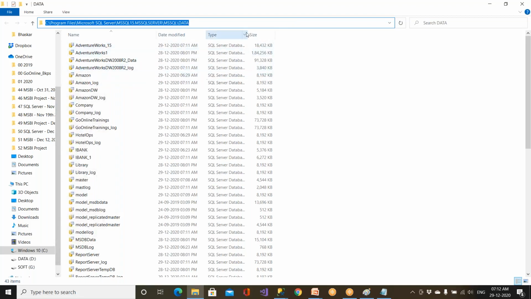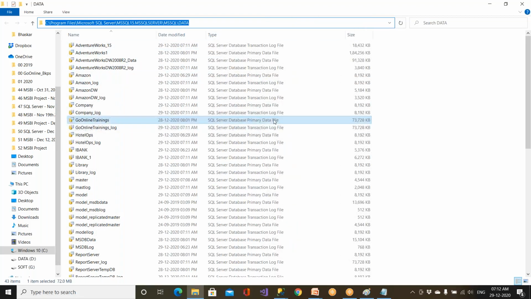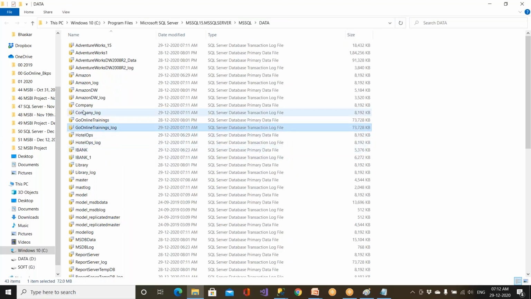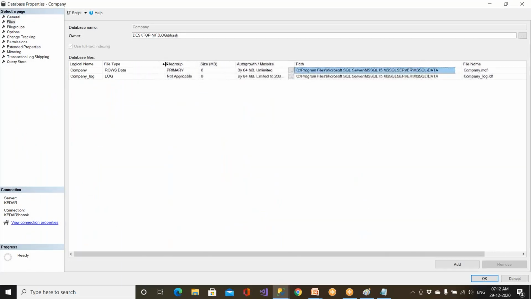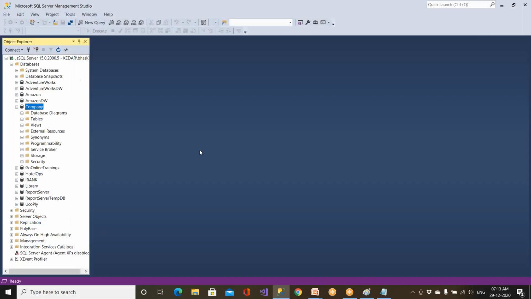So you will be able to see the MDF files, the data file. Just now we have created a data file and a log file. Clear? End of the day, as we discussed, the data of the database or the table will be stored in a file called the master data file, and there will be a transaction log file. Per database, at least one data file has to be there, and one transaction log file has to be there. Clear? This is what you should know.